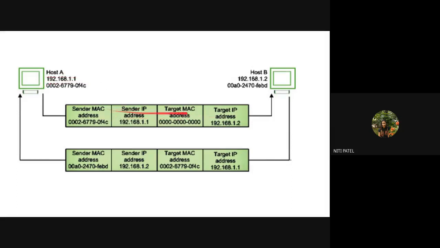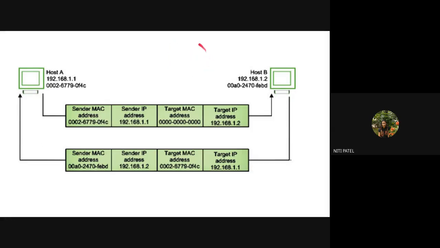When this packet is received by C, what will C check? It will check that the data has come from this MAC address and from this IP address. The sender wants a MAC address, but the MAC address of which machine? Of this particular machine. So is this IP address matching with the machine of C? No, it is not matching. So what will it do? Host C will discard this packet.